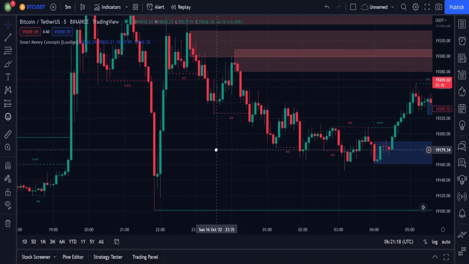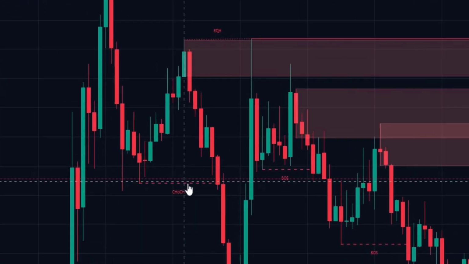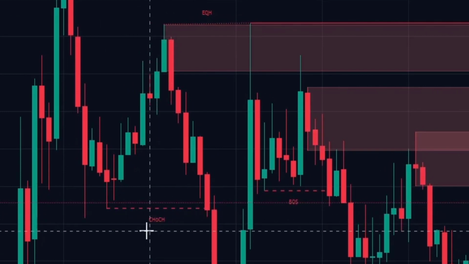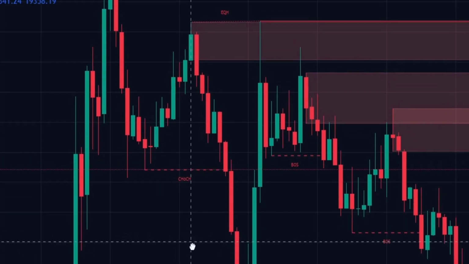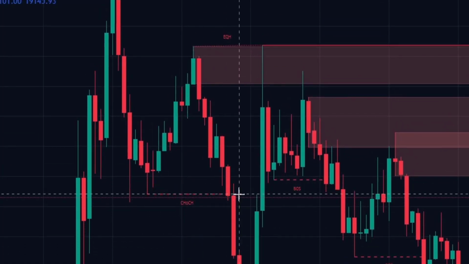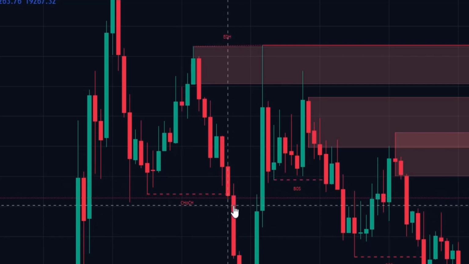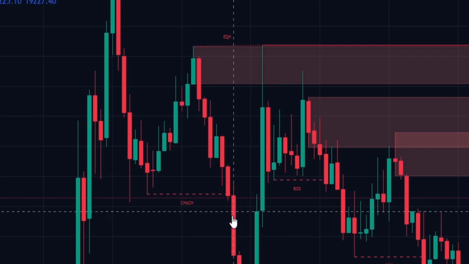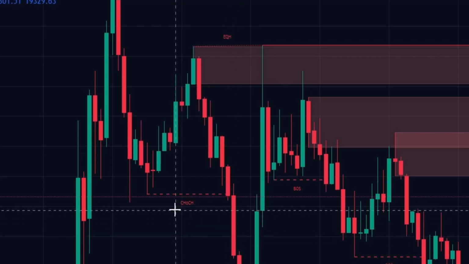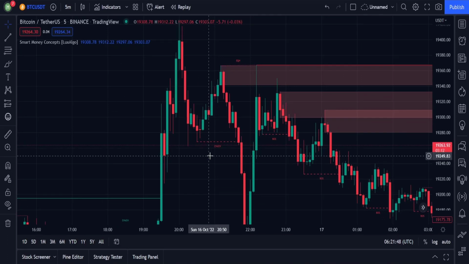As we can see, this tool prints different types of labels. So first of all, we have the CHoCH, which stands for change of character. This label is printed when the price action is changing its overall trend direction. The change of character can be bearish or bullish. So for example, the price action was moving in an uptrend, and then a strong bearish candlestick occurred that broke below the most recent level of support. This is definitely a sign that the trend is about to reverse, so the indicator printed a change of character